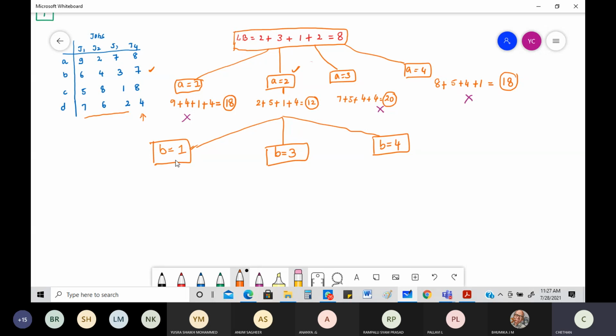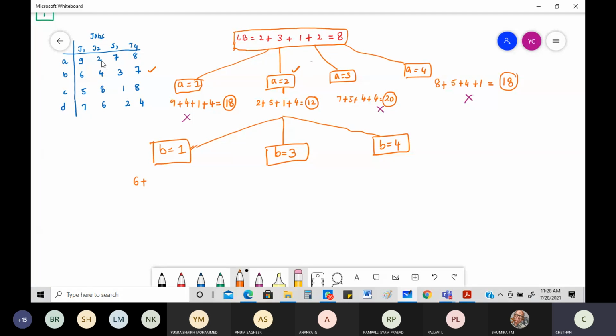If B is equal to doing the first job. What is it? B is doing the first job. What is the value that you get? 6 plus. Again, be careful. We need to be careful of doing this one now. Okay. Now, if B is doing the first job, you can see the 6 value is there. Now, this first job cannot be assigned to any one of them. Okay. I'm talking about this second row, so I should not change any one of it. So minimum among, be careful, minimum among your J2, J3, J4, that I need to write. Minimum among your J2. This I cannot take because I'm assigning the B job only. I'm assigning for B person only. I cannot consider that.